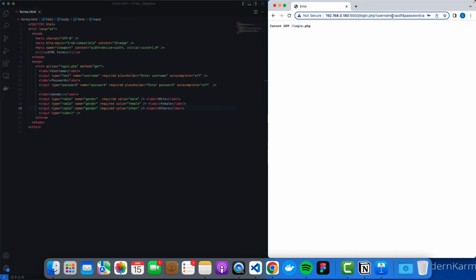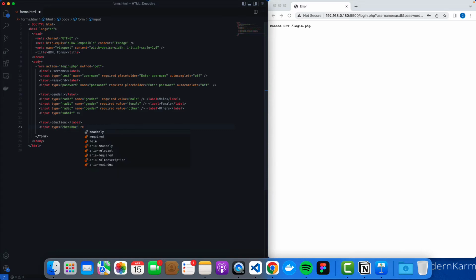Now when the condition is met, everything is sent to the backend. Now let's look at checkbox. For this scenario, let us pick education. I want input type checkbox, and it is required, and the value should be